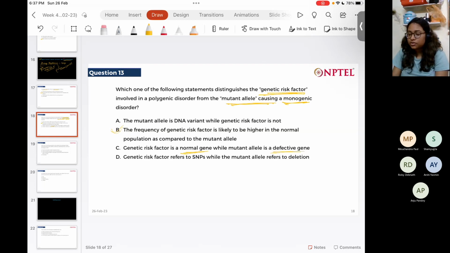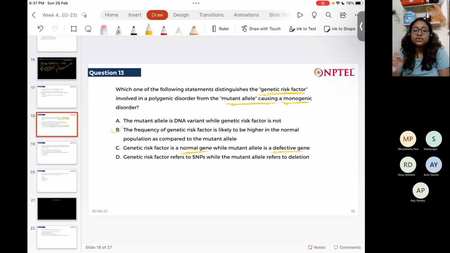And defective gene. Okay, fine, a mutant allele has some deletion or some substitution, anything, because of which it is producing a defective product, and because of which disease is happening. But a risk factor is still some kind of a mutation,